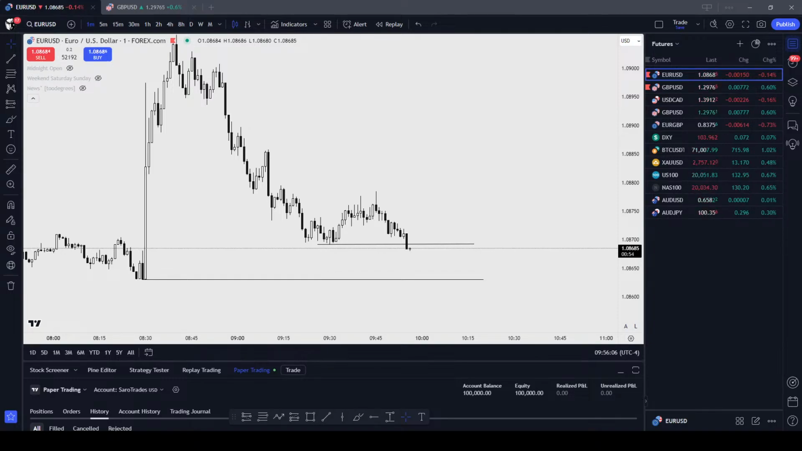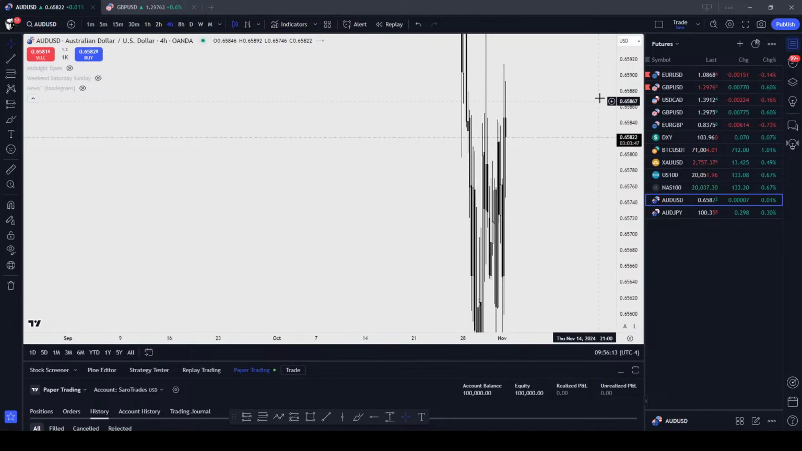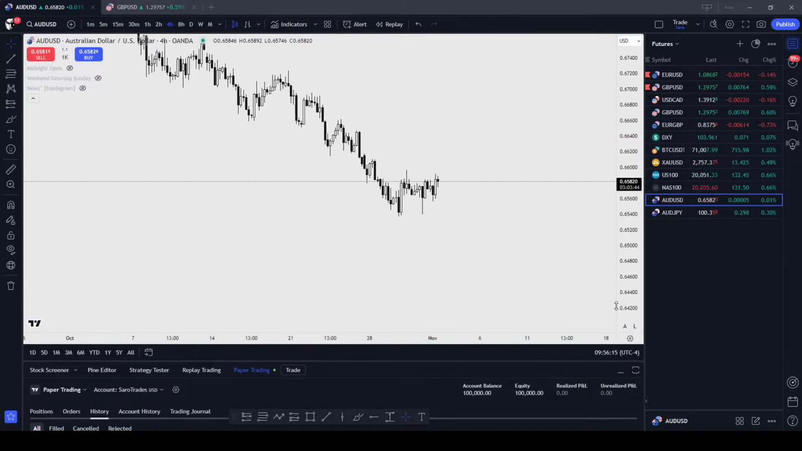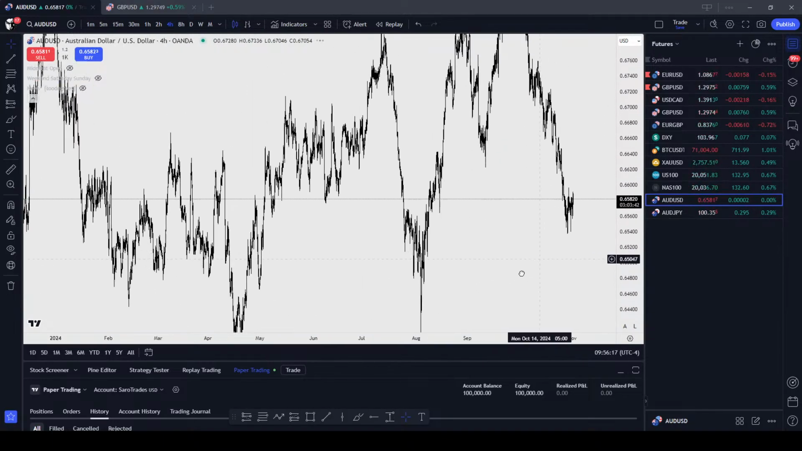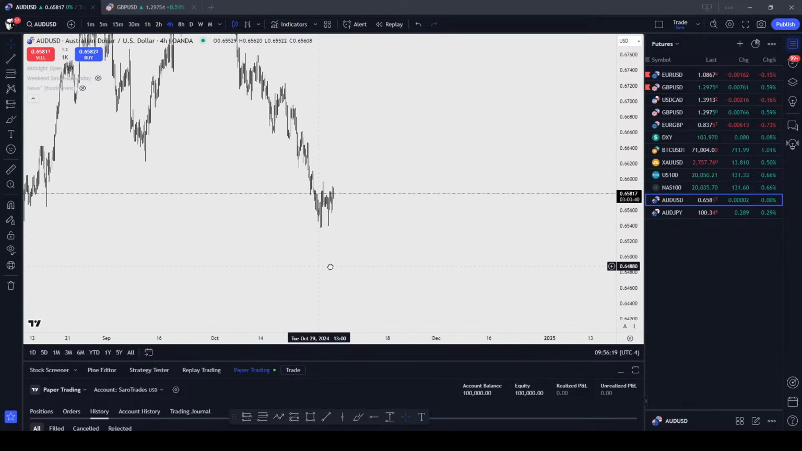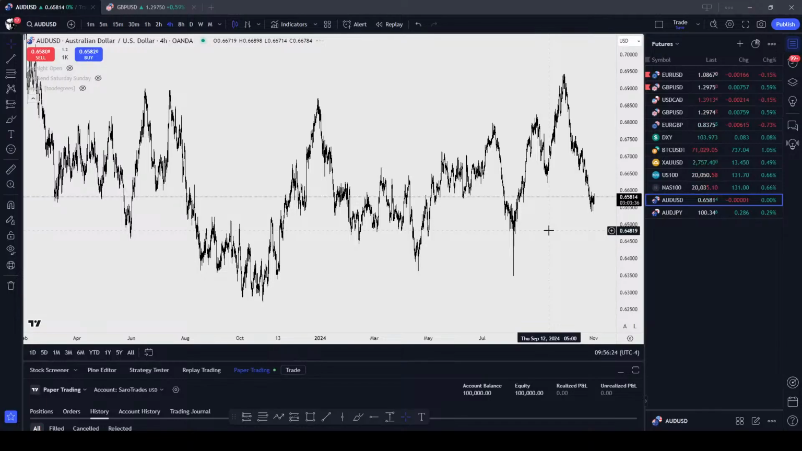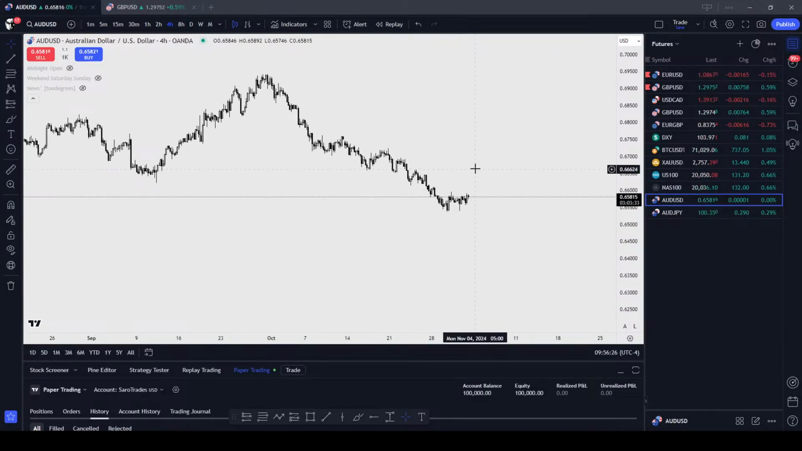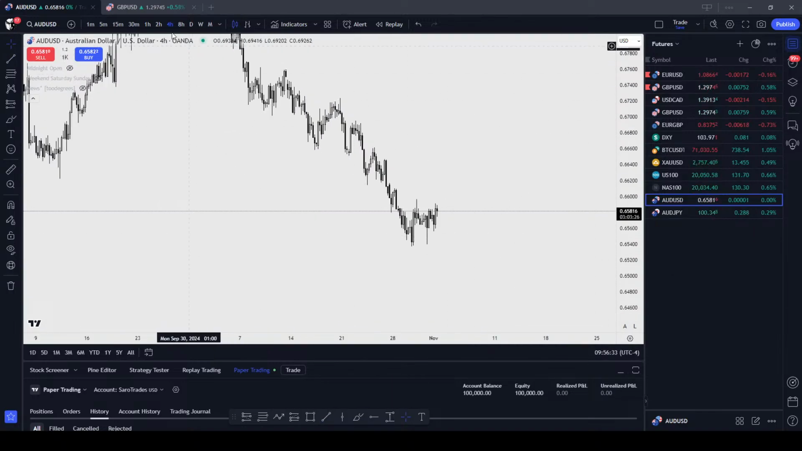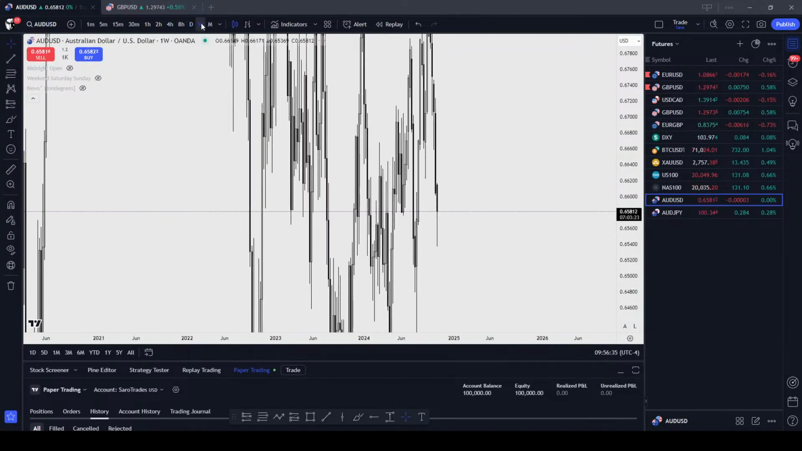Answer Himanshu's question. What about AUDUSD? Oh, okay. Let me look at AUDUSD. High time frame is up. I think it should go up. I don't mean right now. I mean high time frame. But regarding the weekly,